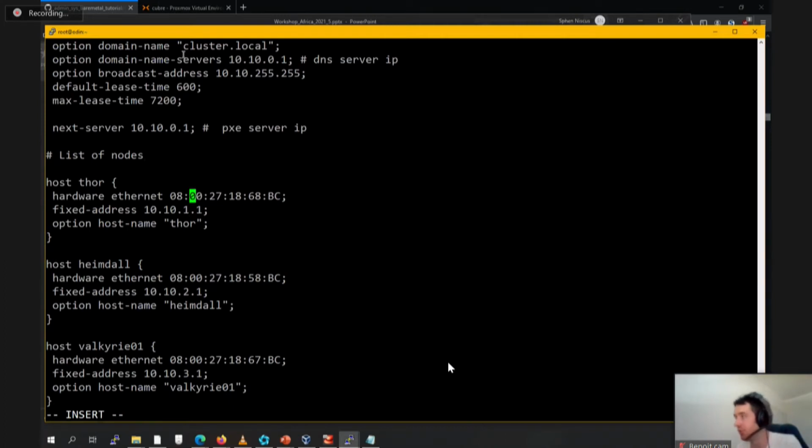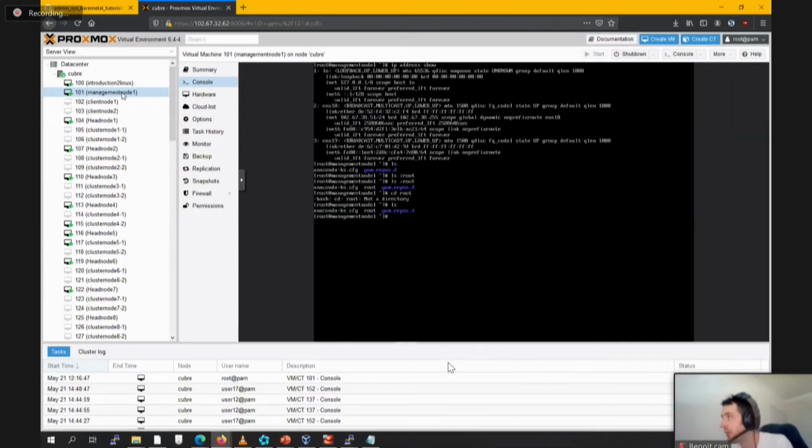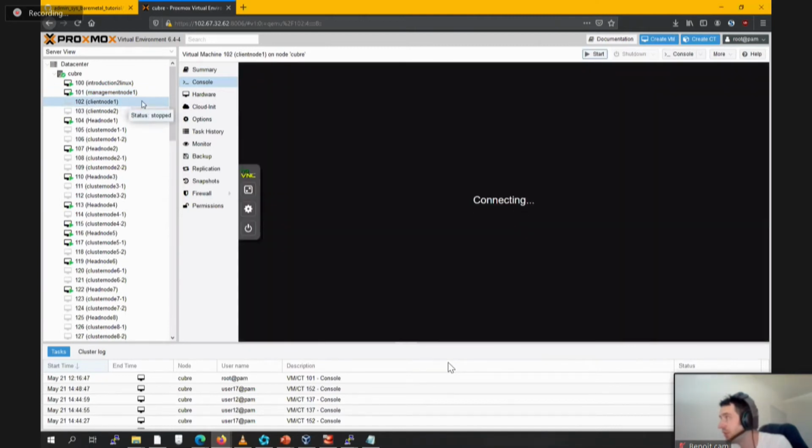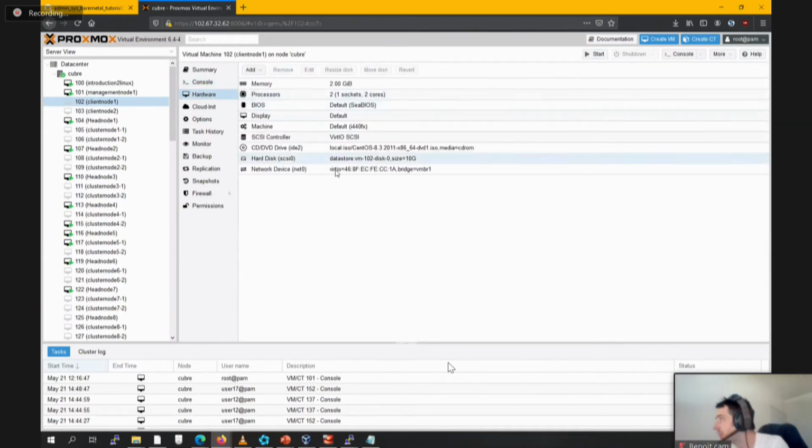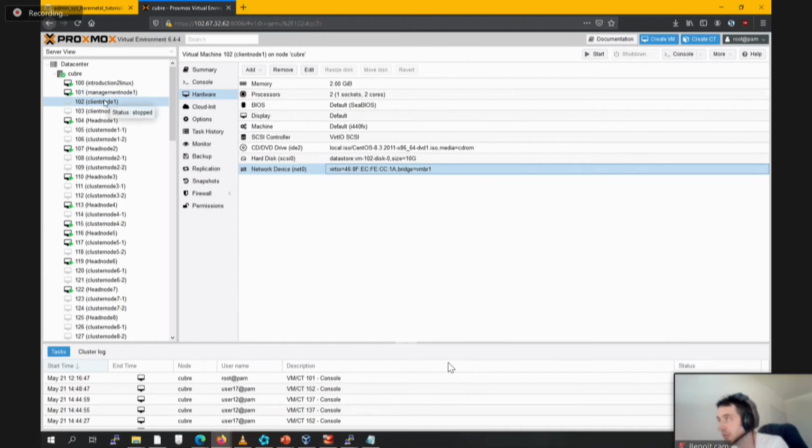Okay, so I'm pretty sure here in the interface, if I have my client node here, I should be able to see in the hardware part, network here. Here is my MAC address. You see it? So this is the MAC address of the main interface of my client node. I'm going to use that. Okay, so here in my example,